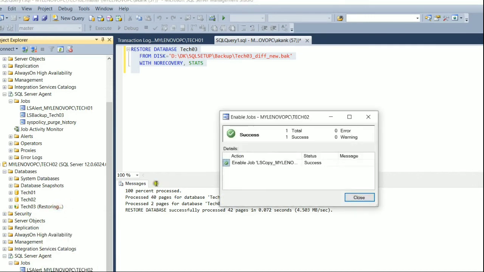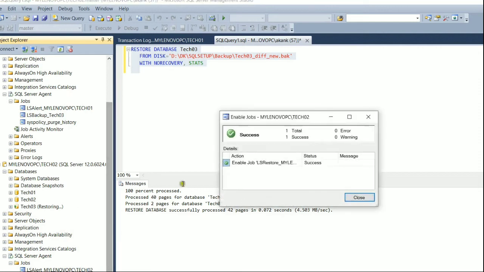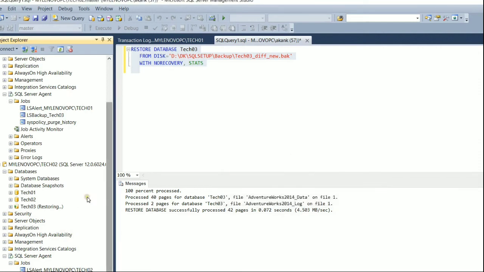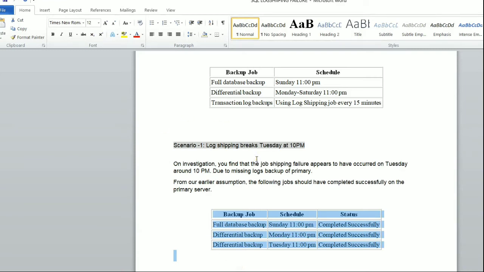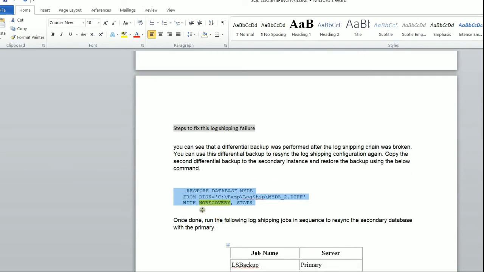You just enable them. So that was my first scenario. Restore with this command, and enable all those three jobs.